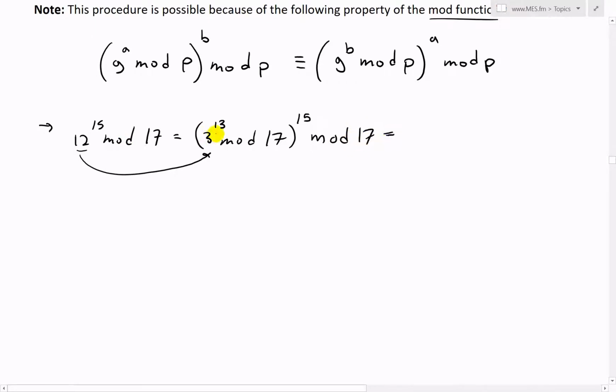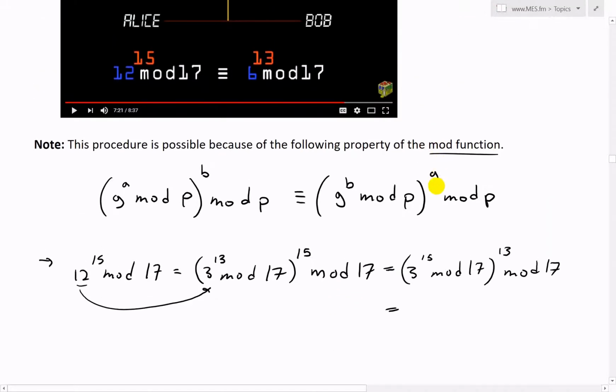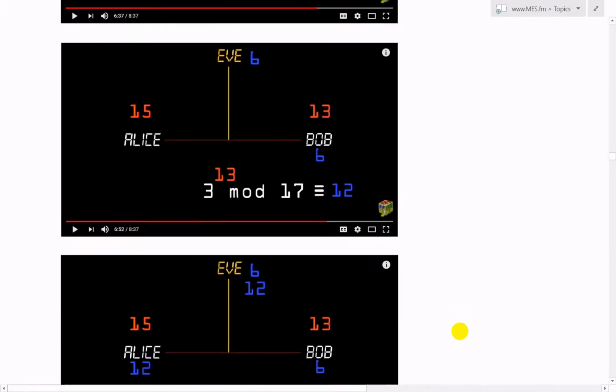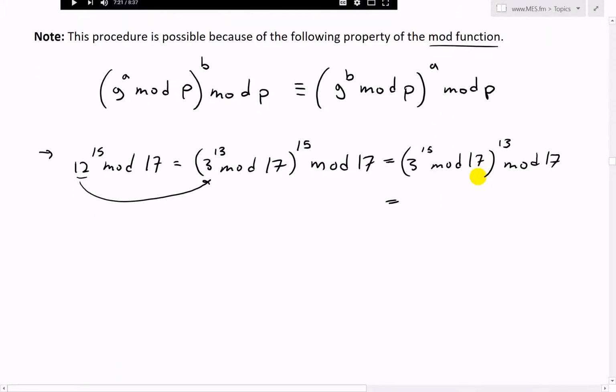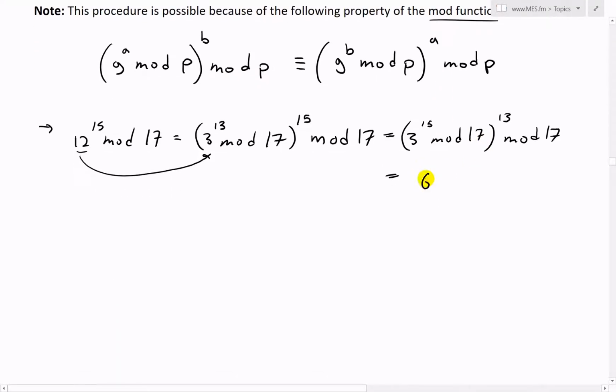So then this just equals, well, the 3 to the 13, you can just flip these around. This is going to be 3 to the 15 mod 17, to the power of 13. So we just flip those around. This is mod 17. And this part right here, 3 to the 15 mod 17, that just equals, well, we know that. Let's just scroll all the way up here. 3 to the 15 mod 17 is 6. Like that. So 3 to the 15 mod 17 is 6, to the 13 mod 17. In other words, we have 12 to the 15 mod 17 equals 6